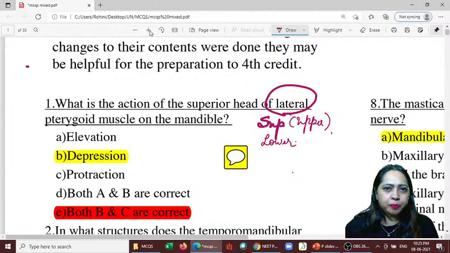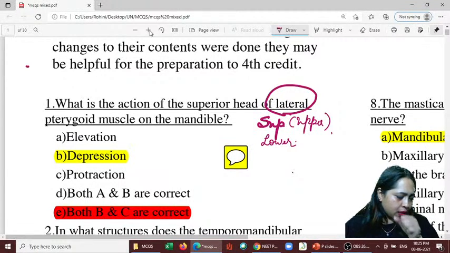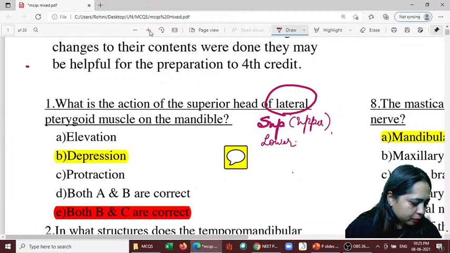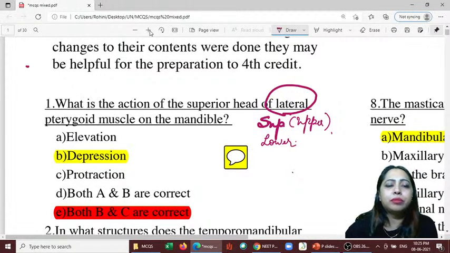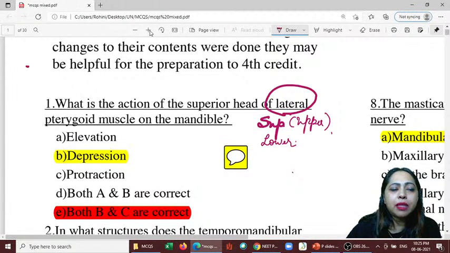What is the action? The options are elevation, depression, protraction. A and B both are correct, or B and C are correct. What is the action